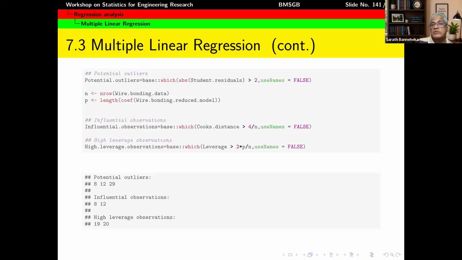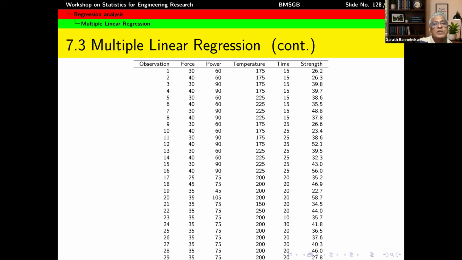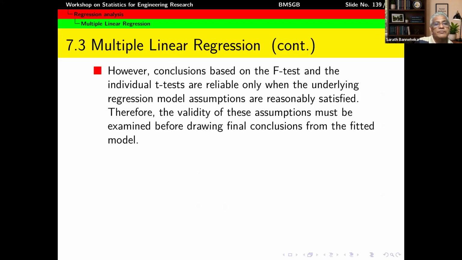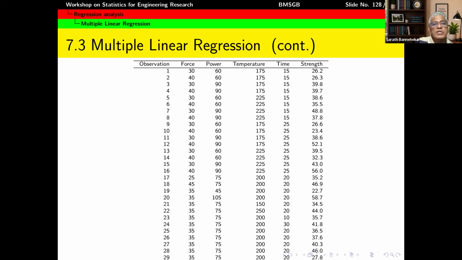If you have large enough numbers of observations, several observations at the same experimental level, right? For example, let's look at 8 and 12. So the eighth observation came with force 40, power 90, and this temperature. 12 is something else. So with this experimental level, actually I have only one observation, right? For example, if I had several observations with the same experimental conditions, 40, 90, 2 to 515,